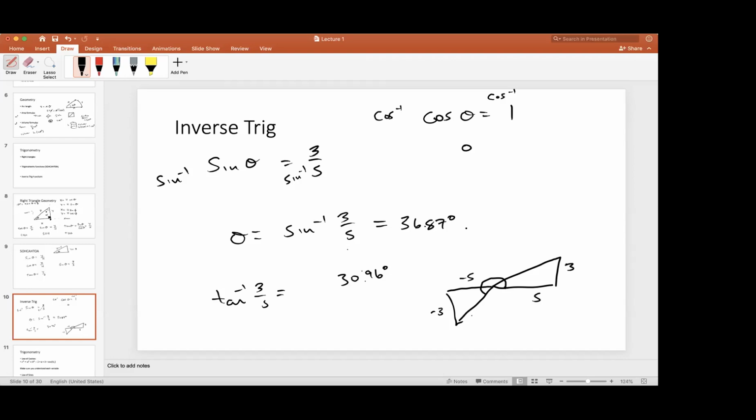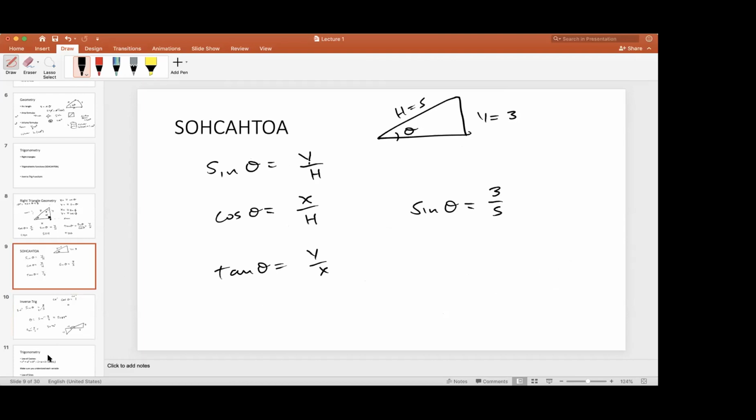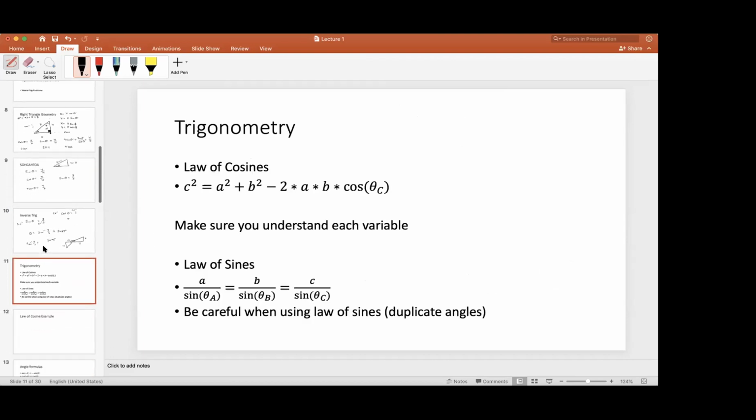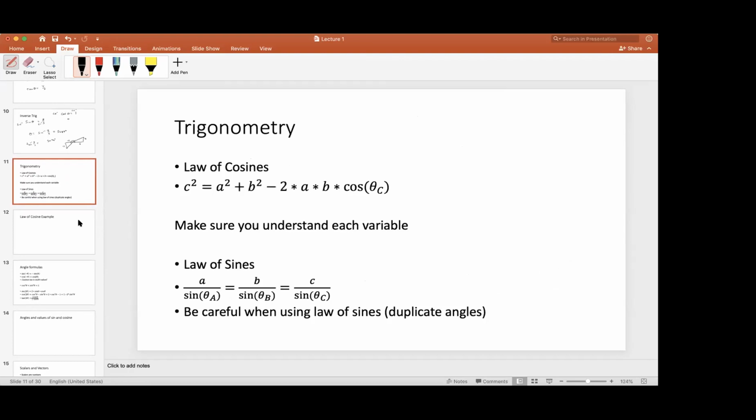But just know, double check your angle whenever you use tan or arctan, and make sure you don't need to add 180 or subtract 180 degrees from it. So now, as I mentioned at the beginning of this lecture, tomorrow's quiz will be on law of cosines. Make sure you understand law of cosines. We're going to do an example in a minute, but